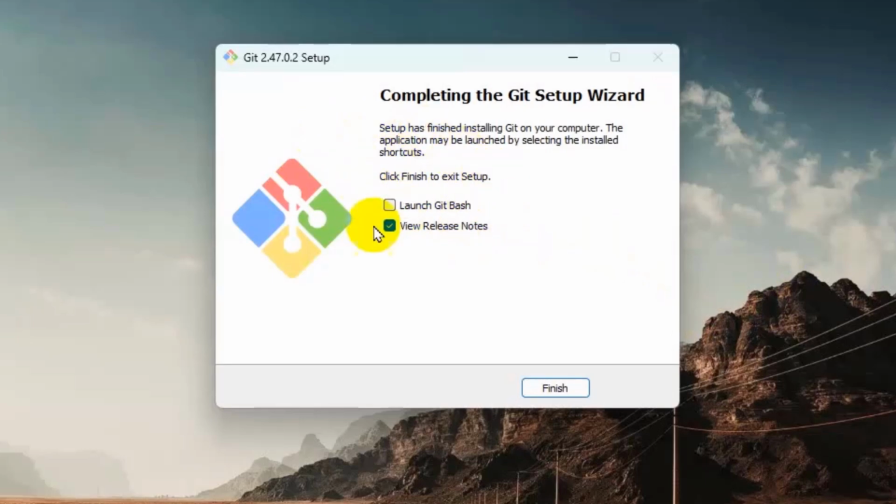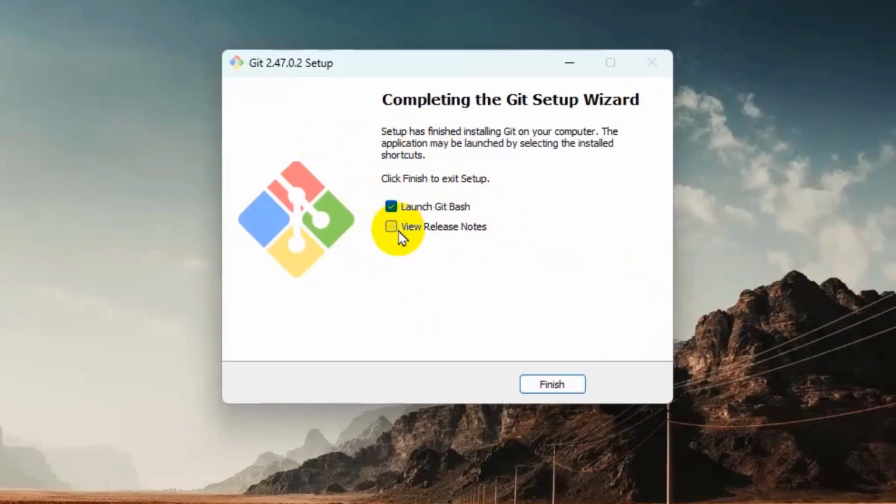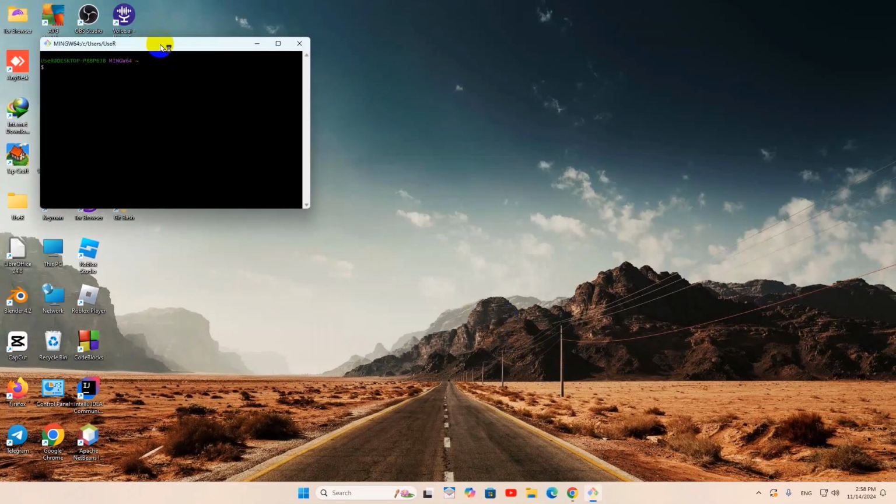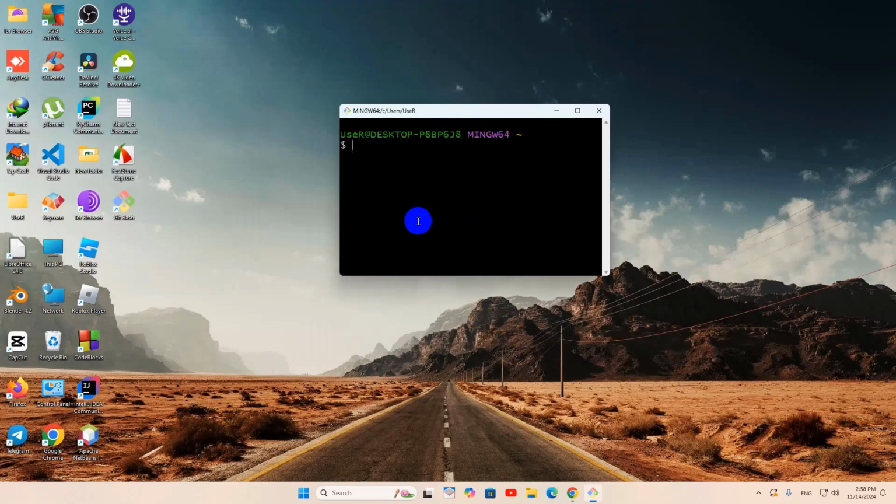And then you can see the installation is successful. If you want to launch it right away, just check this on and click on finish. And we will open Git Bash. There you can see what it looks like. So yeah, this is how you can download and install Git on your